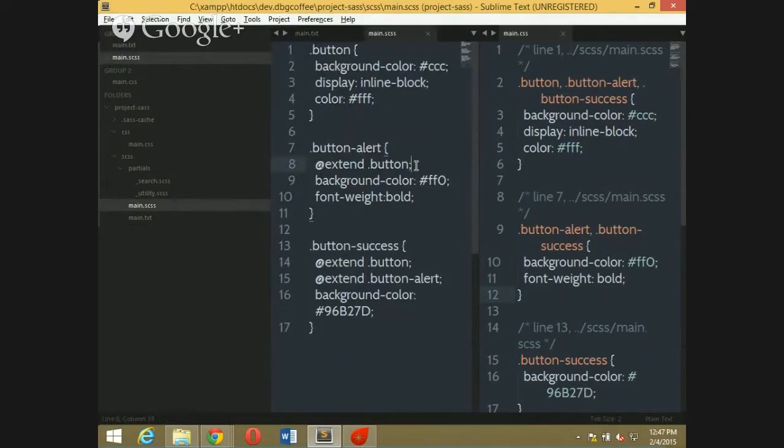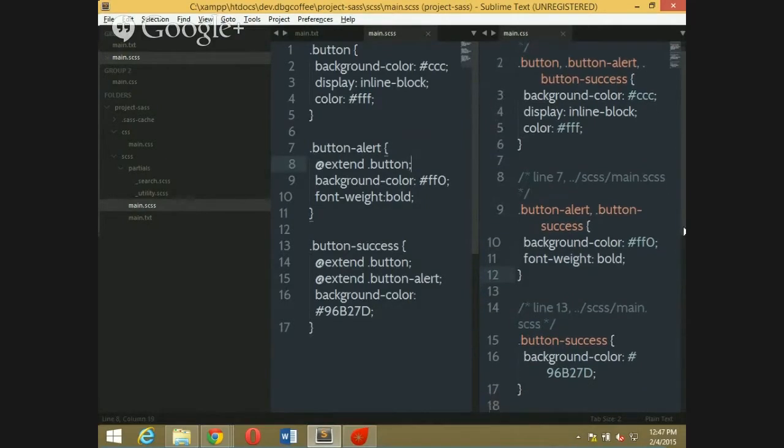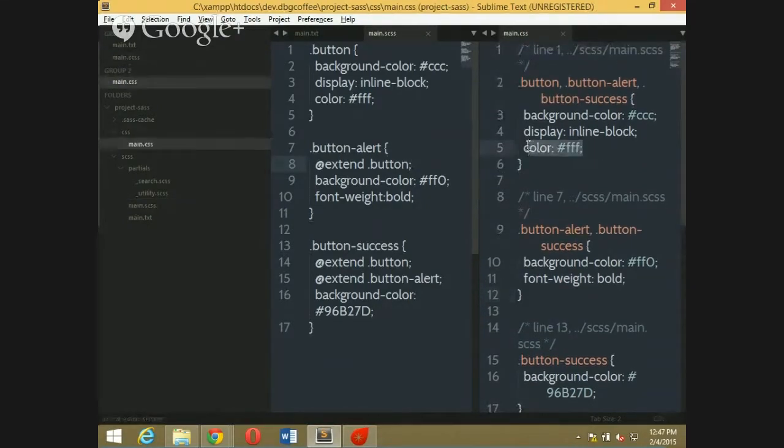What will happen at button success? Which color will it get? Change the color in button alert.